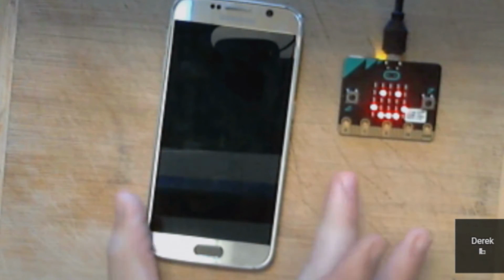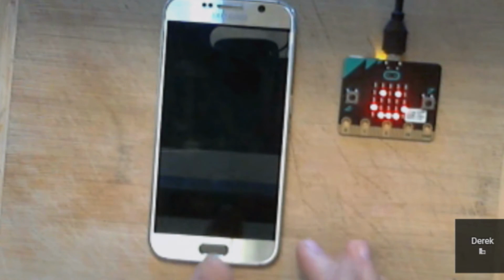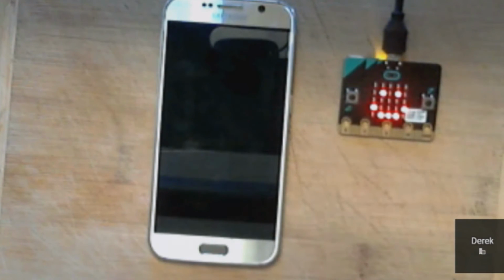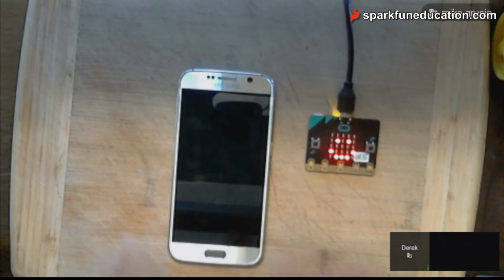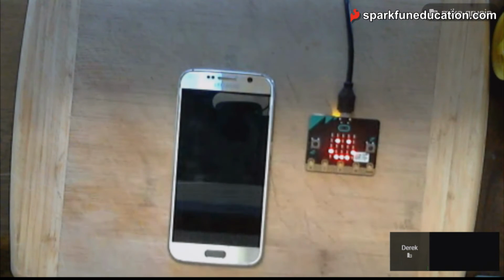And what I want my phone to do is actually send a text message to my friend. It says, shake and bake. So we're going to work on that really quickly. And then if we have any time left, we'll talk about how I envision this happening in a classroom, and give you some extensions with both hardware and some software with the MIT App Inventor. So let's jump into